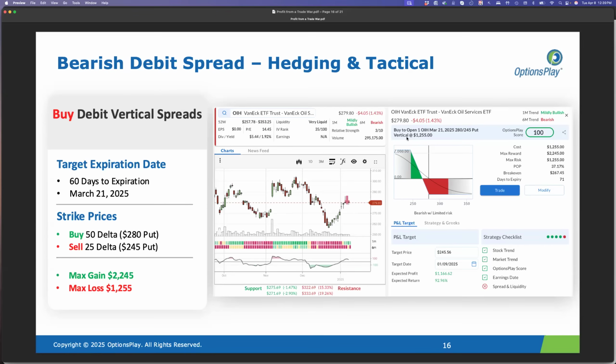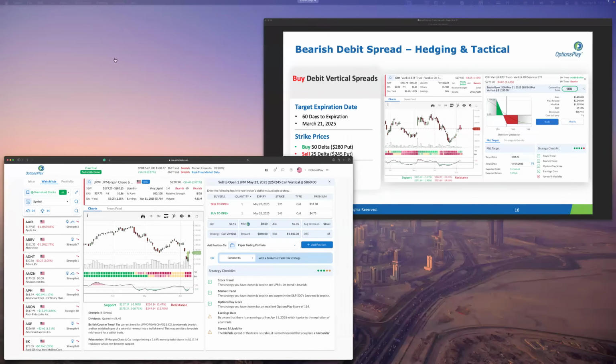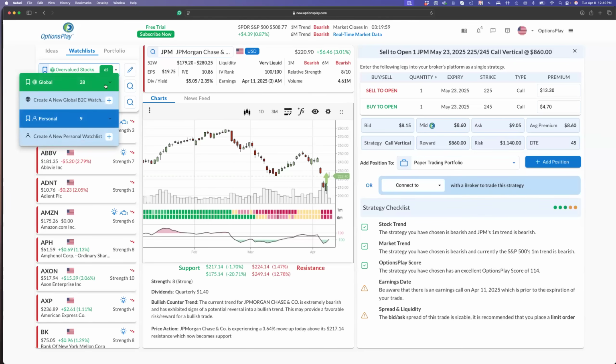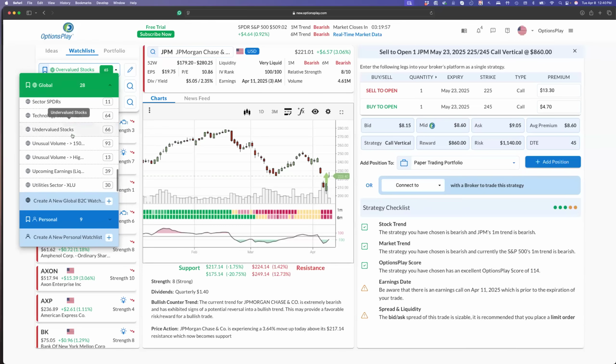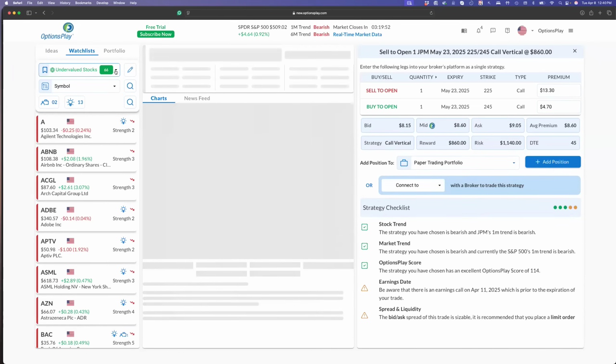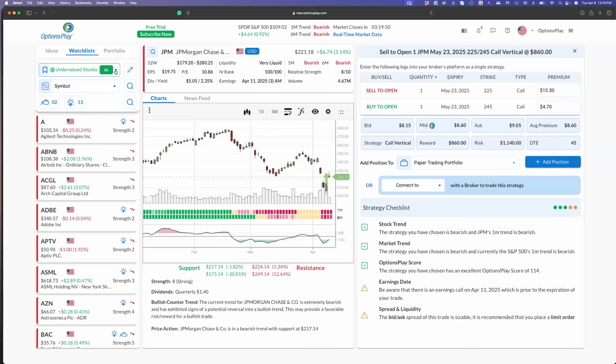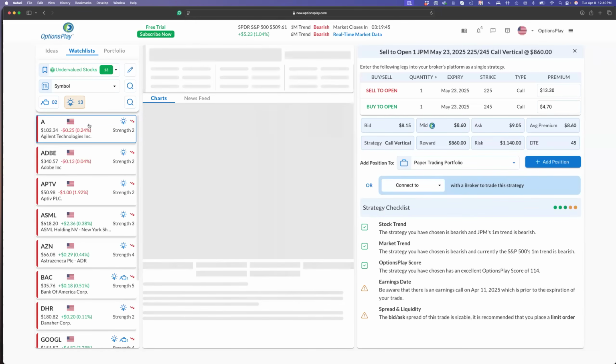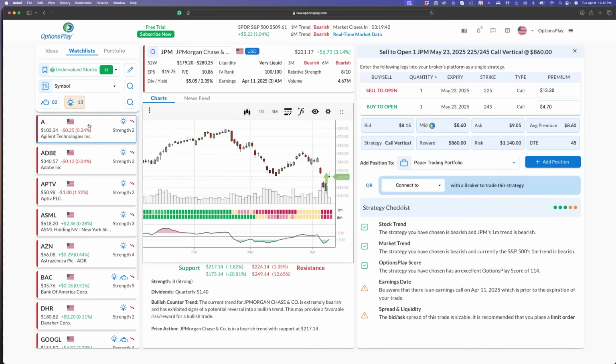But the last thing I wanted to show you here is one thing that we built at OptionsPlay: in these types of environments, you will almost always find days that are strong bounce candidates. And that's really where I turn to the undervalued stocks list under my watch list. And again, I'm going to filter only by the stocks that have a trade idea today, because I don't really care that there are 66 undervalued stocks in the market. What I care is how many of them have buy signals today. And that is what is going to go into